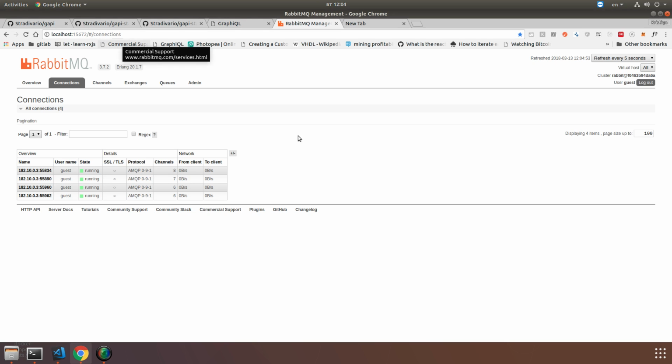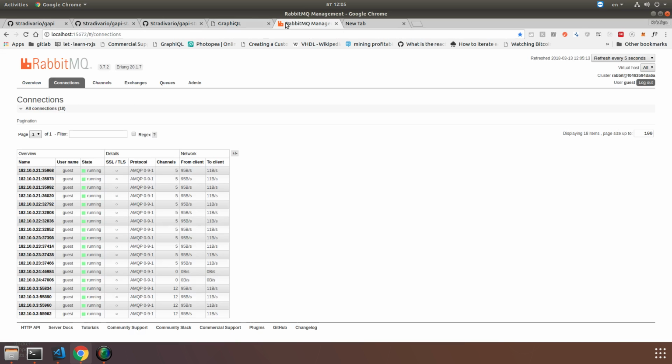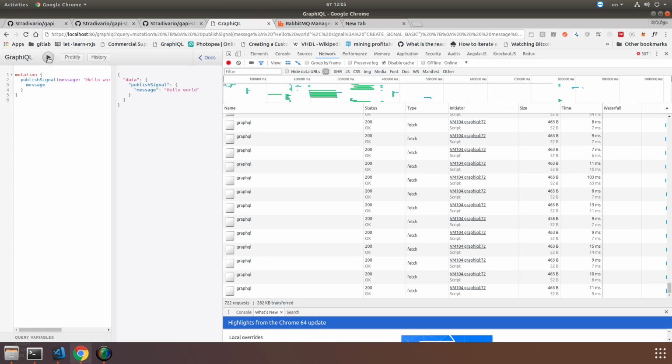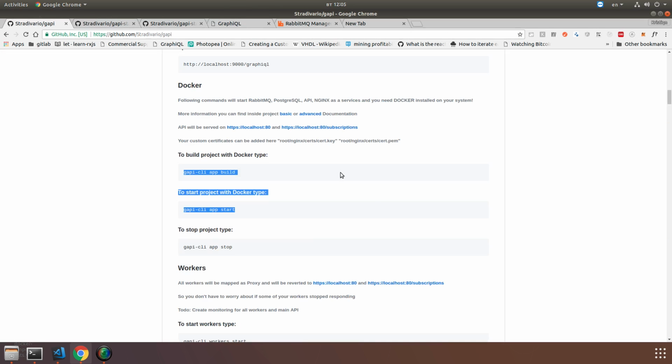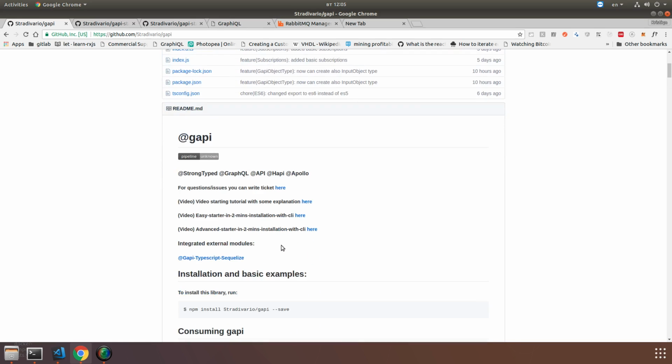That's it. I don't have a connection right now, but I need to publish some signals and I will have a connection. As you can see, all requests are instantly returning from the servers. Some of them are loading now and it's okay. So I will now have all my workers with the main app connected to RabbitMQ. 20 processes. I hope you like this video, and this is my interpretation of a GraphQL API with RabbitMQ and Apollo,